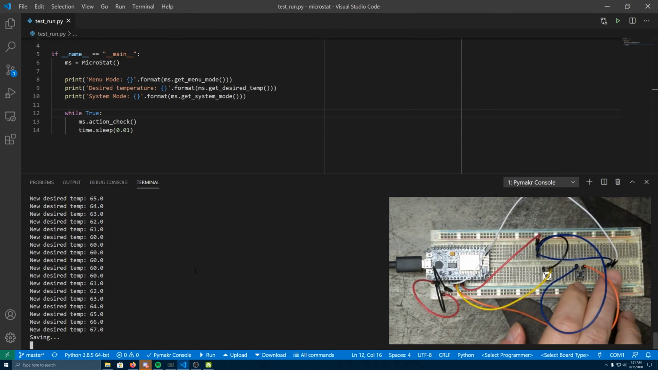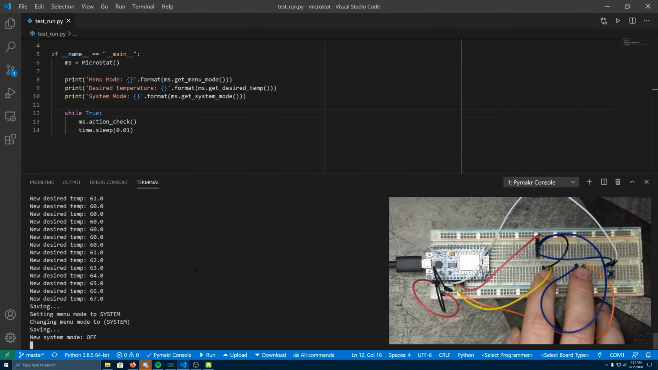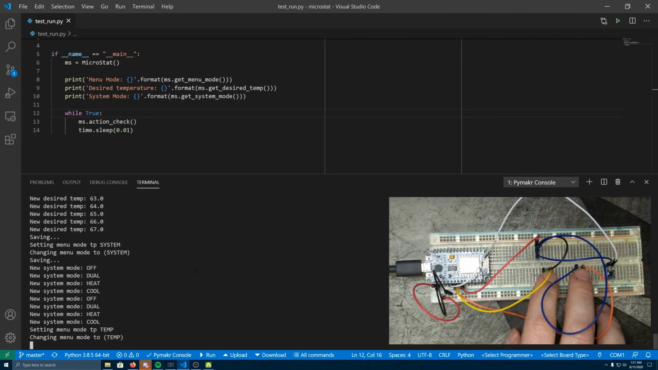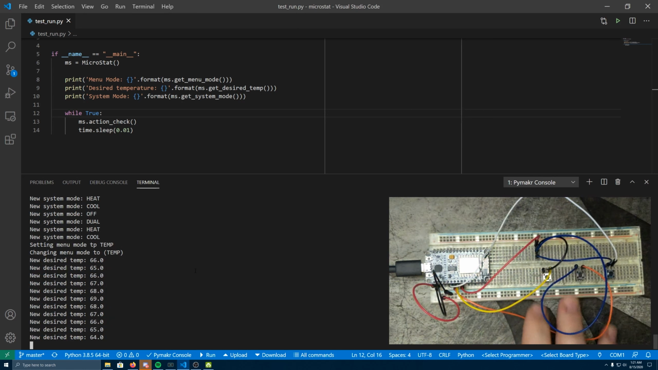Then there's a menu button right here that I can push that sets it to system mode. So then in system mode, you can say what mode. It's either heat, cool, dual, or off. No matter what you set it to, you can go back to temperature mode and change the temperature. And even if you